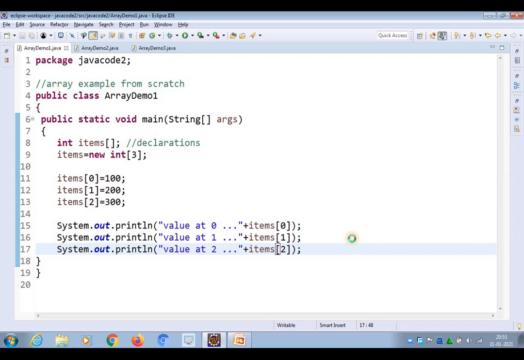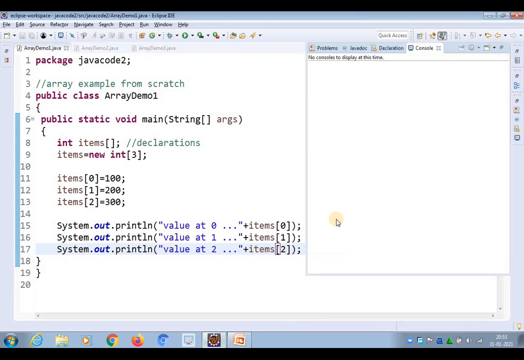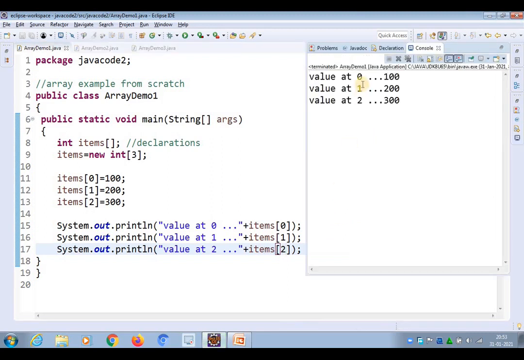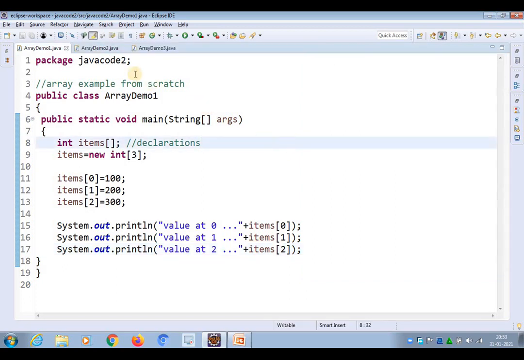Now it is processing. Wait a few seconds. We may get the output. Yes, now the output is value at 0 is 100, value at 1 is 200, and value at 2 is 300.